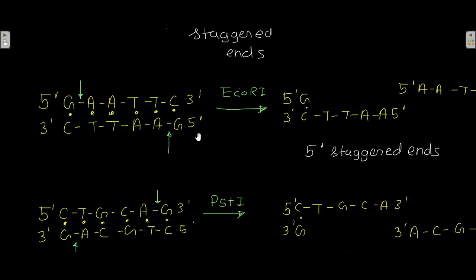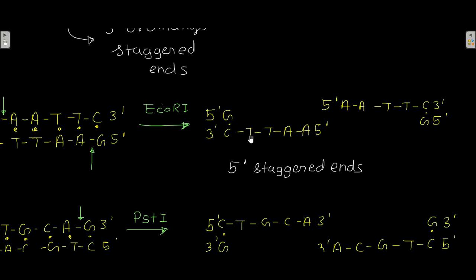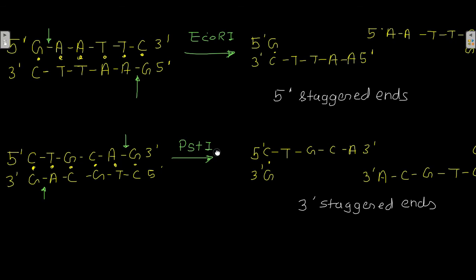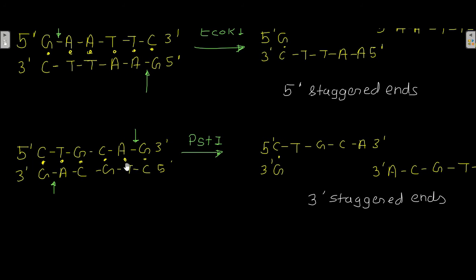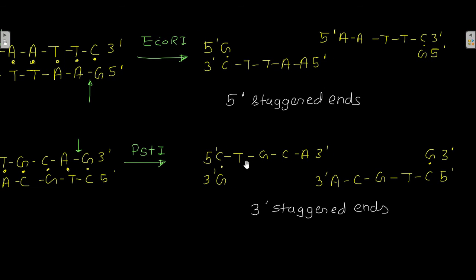EcoRI worked on this particular sequence, and when it made the cut, it produced two staggered ends, and as you can see, this is a 5' overhang and this is also a 5' overhang. But when the enzyme PstI made a cut on this particular sequence of DNA, it generated a 3' overhang